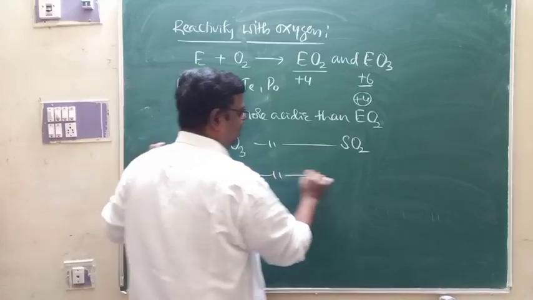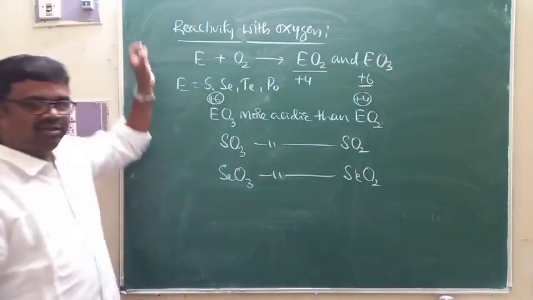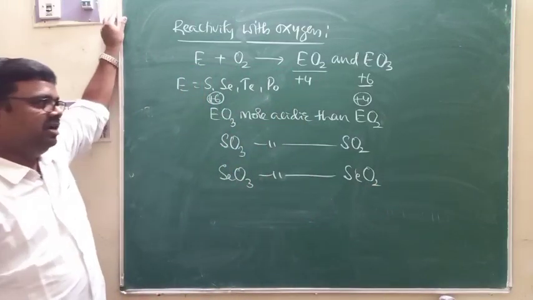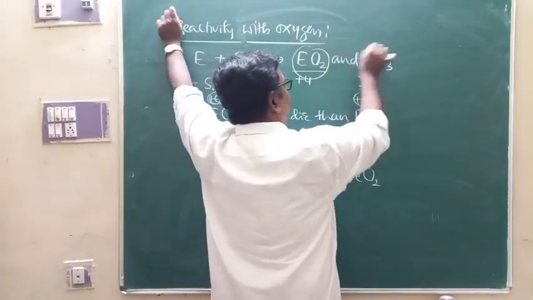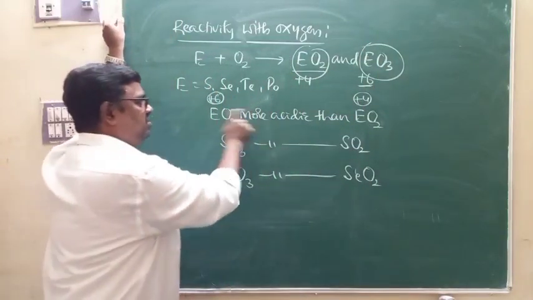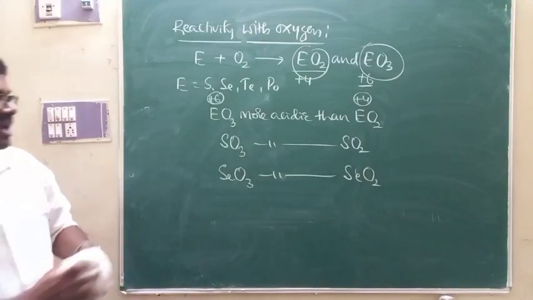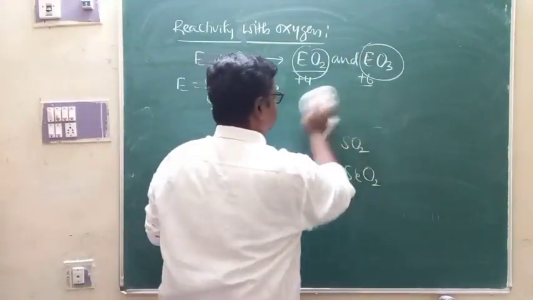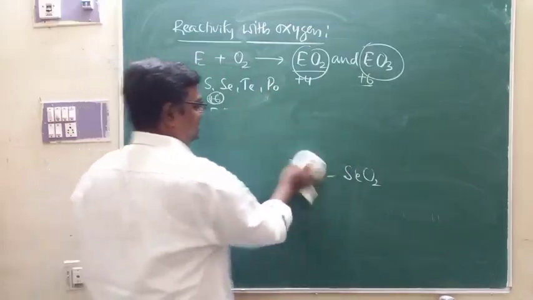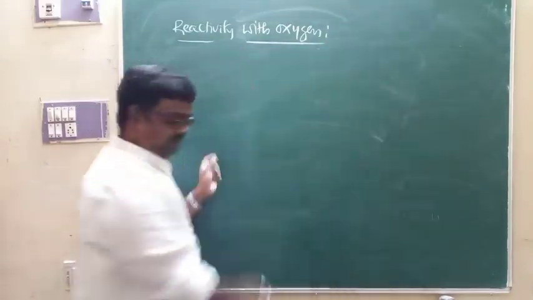SeO3 is more acidic than SeO2. And of course, both EO2 and EO3 are acidic, but EO3 is more acidic than EO2. And as far as EO2 type oxides are concerned,